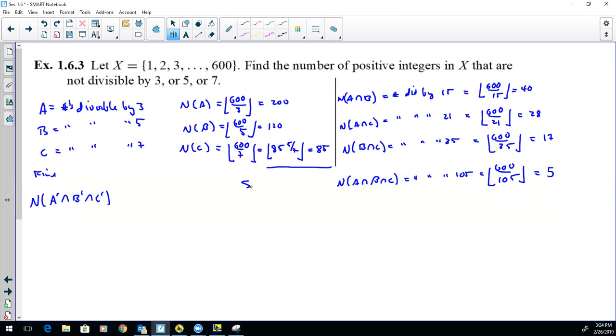You add all these up, you get S1. 200 and 120 and 85 is 405. Add all of these up, you get S2. 40 plus 28 plus 17 is 85. And this is S3. So the number n that's not in A and not in B and not in C is n minus S1 plus S2 minus S3 equals 600